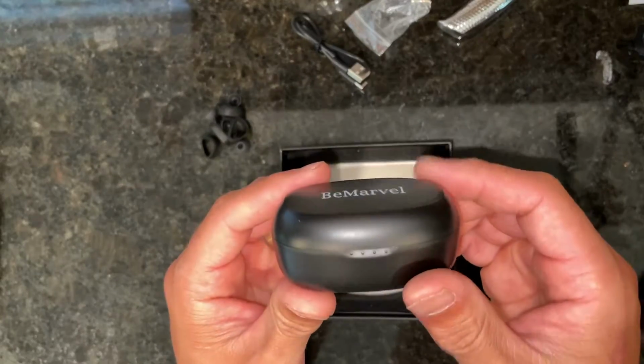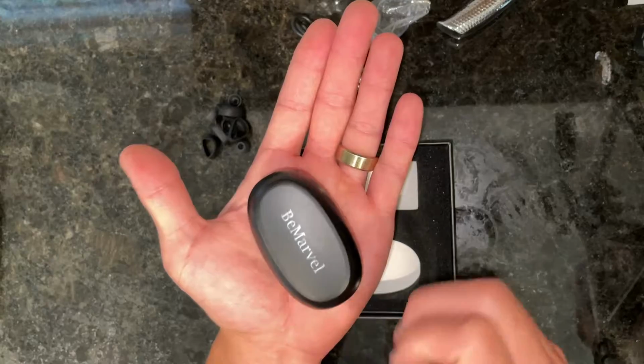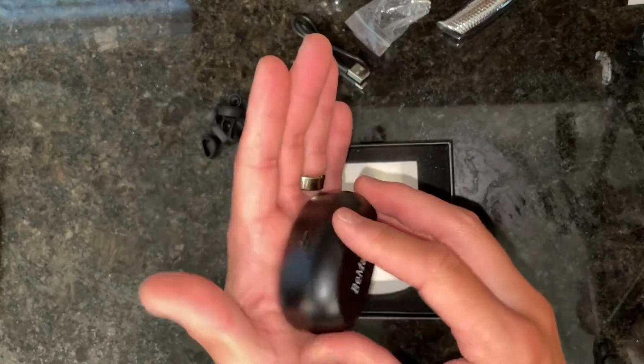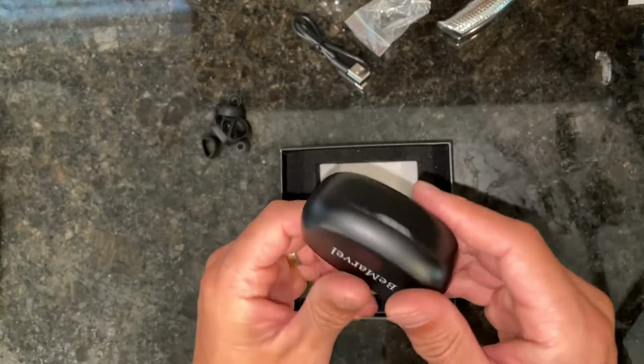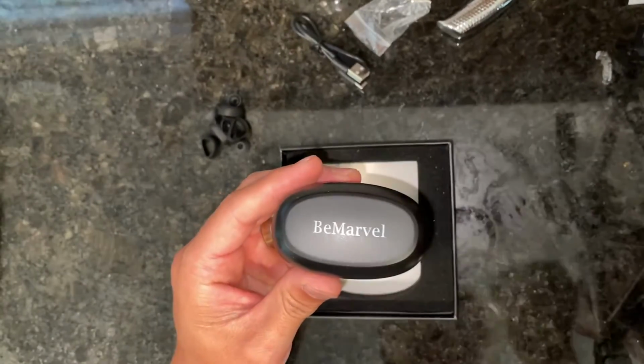here's the case. So it's cool. My hand's not super big, but it fits right in the palm of my hand. It's a bit thick though. I don't know that it'd definitely be pocket, but here's the USB Type-C, wireless charging on the bottom. Well, I'll test that out. It says B Marvel on it,